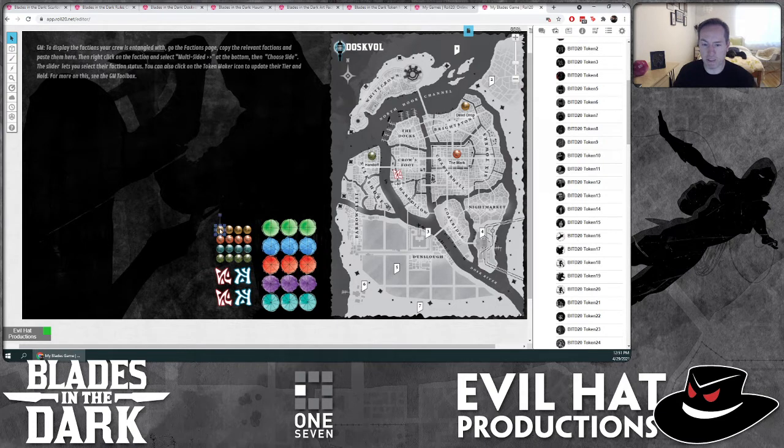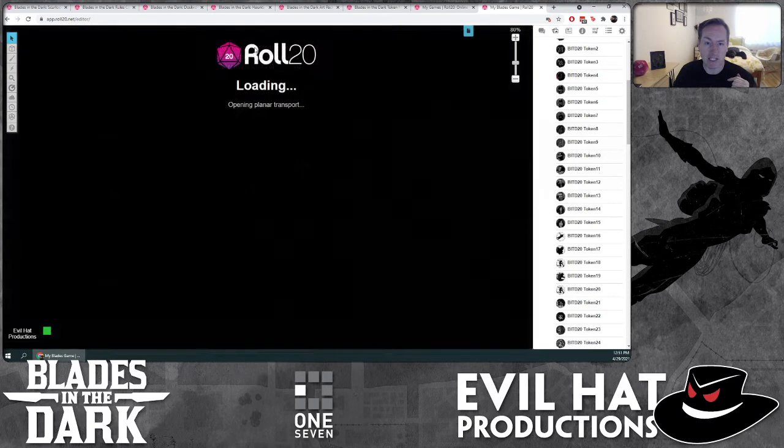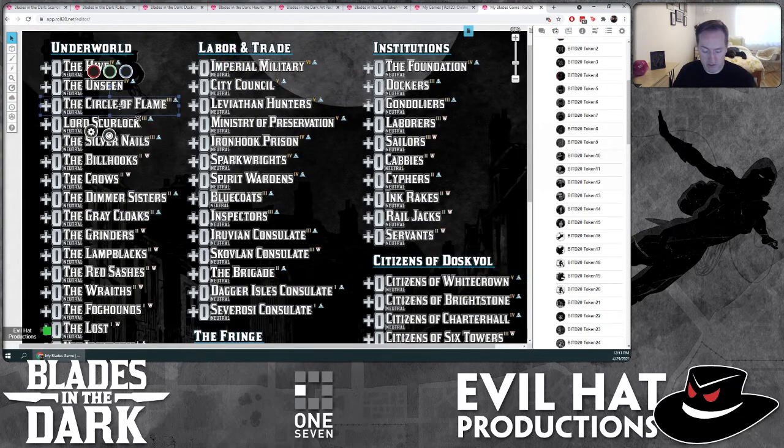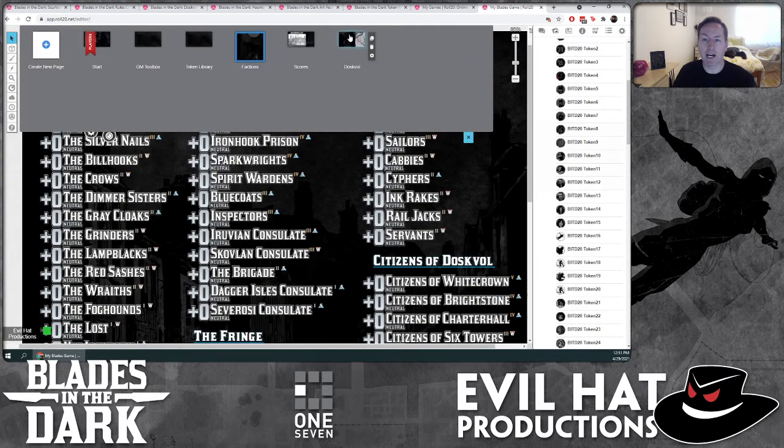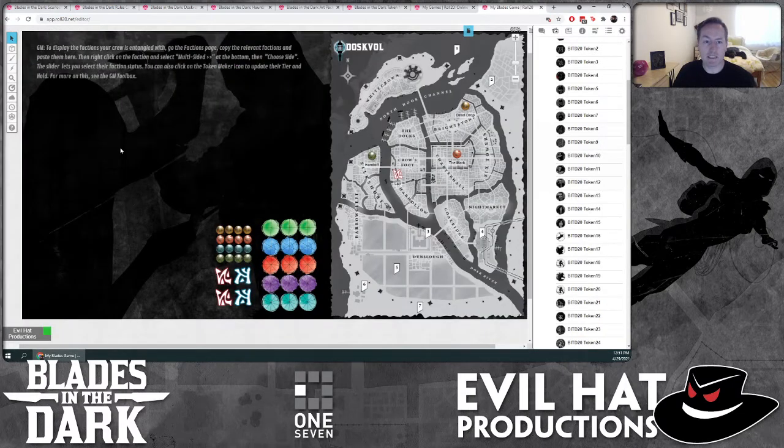We've got a bunch of those pins here. We've got a few different icons, and we've got some place for long-term projects as well. It's also a great place to drop your character tokens, to copy paste the faction markers. So for instance, going back to that factions tab, if we have a faction with a circle of flame, I could copy that, go to the Dustfall tab, paste it in there,